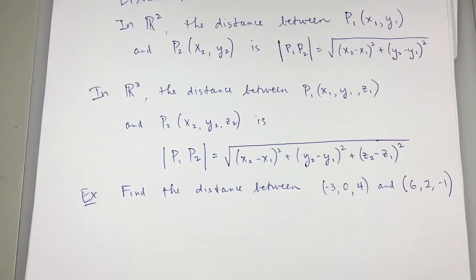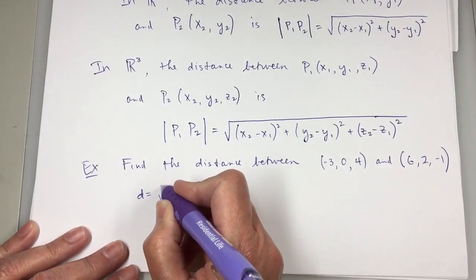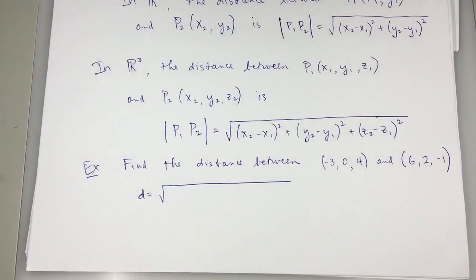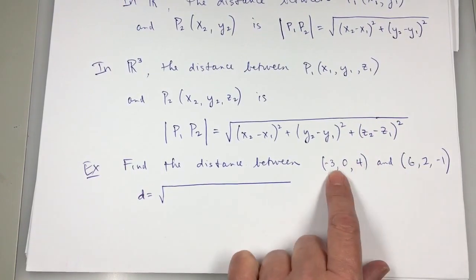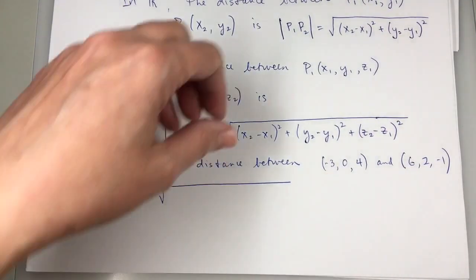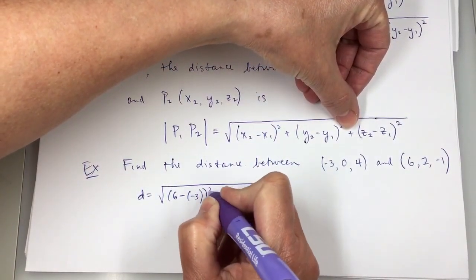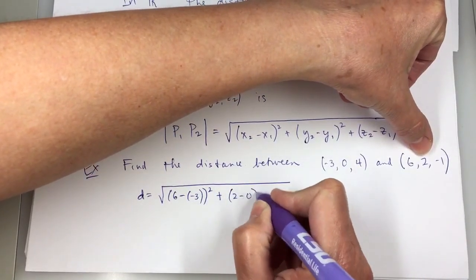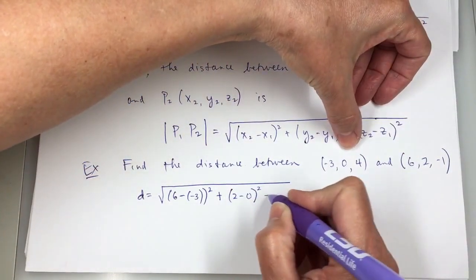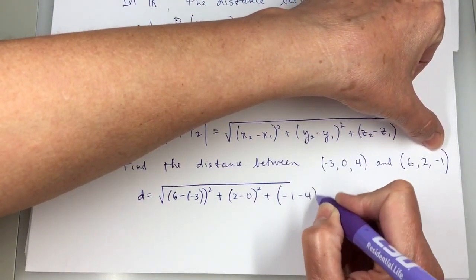I didn't say one of them is P1, P2. This time I'll just say D for distance. The distance is the square root. Now, do I want to do -3 minus 6 or 6 minus -3? I think I'm going with 6 minus -3. 6 minus -3 squared plus, for the y's, 2 minus 0 squared plus, for the z's, -1 minus 4